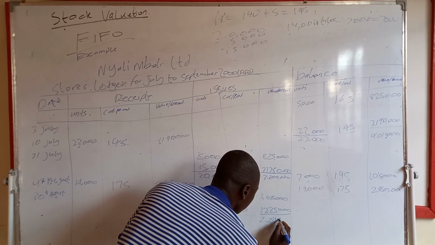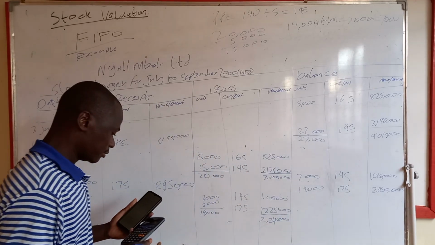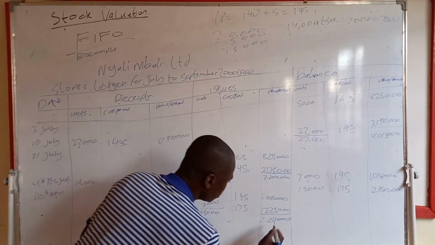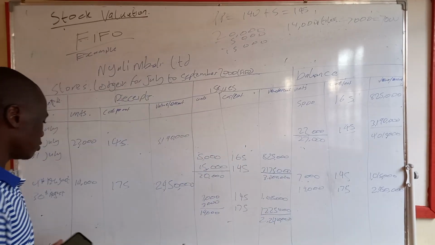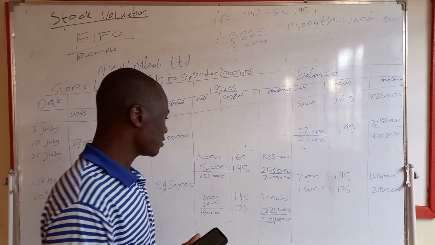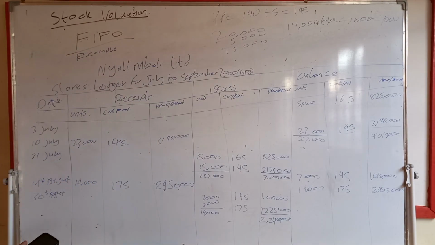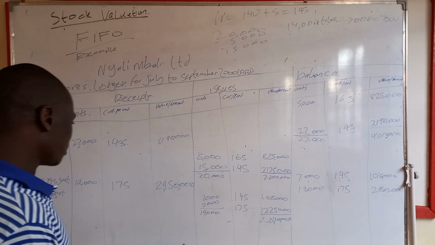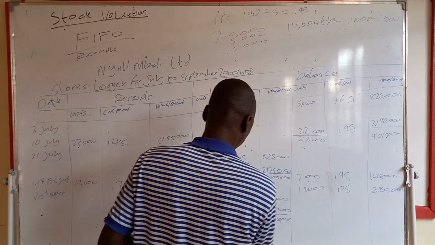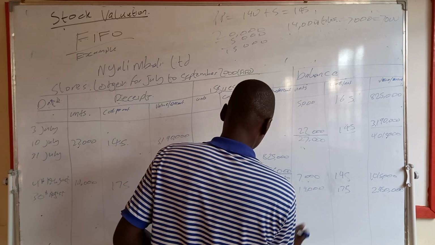240,000, 2,240,000. Now, what is your balance? Your balance is 7,000. Remember,